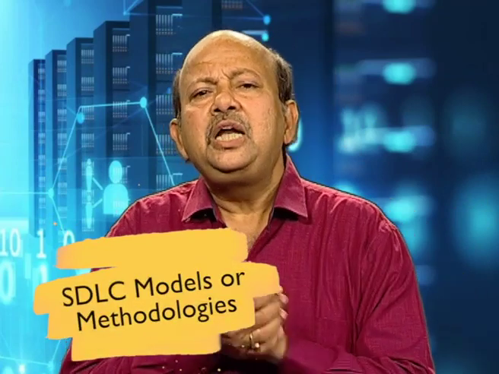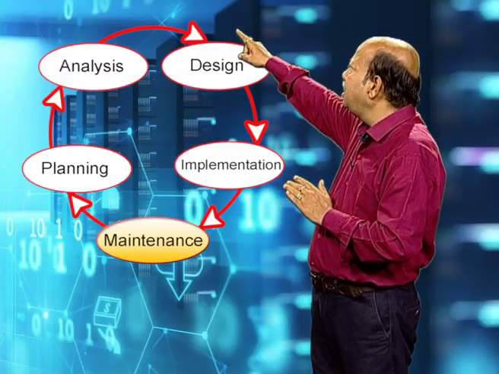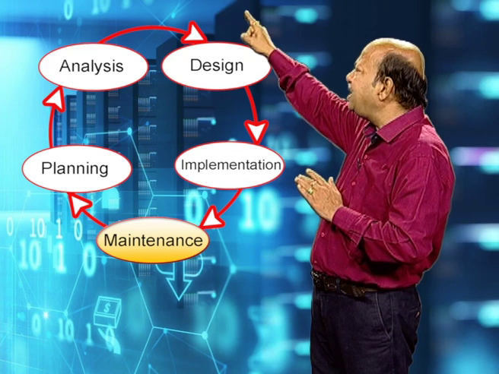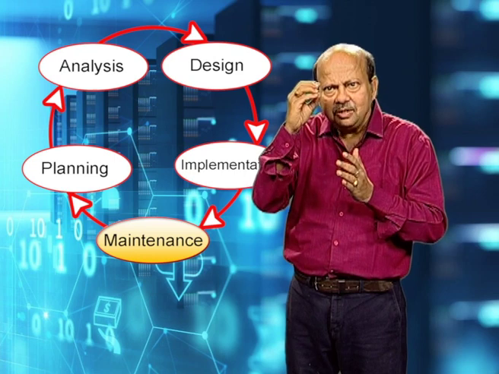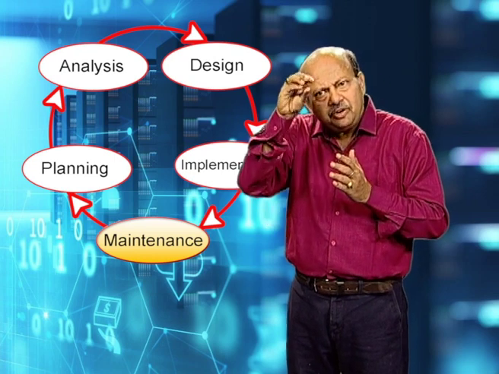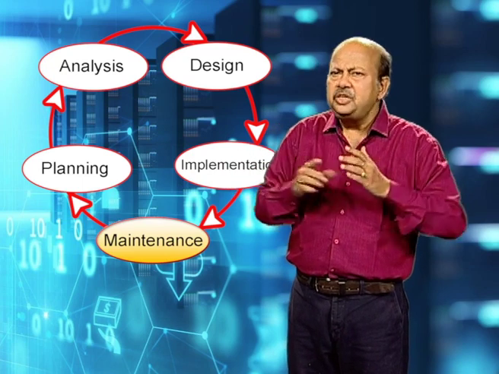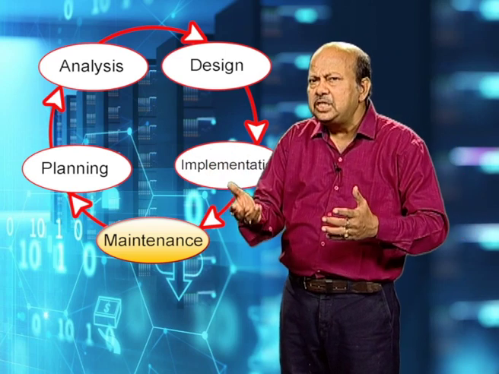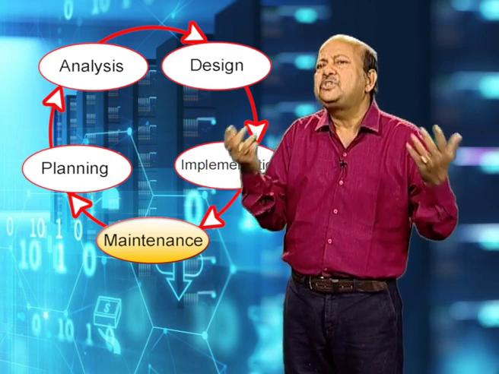Now, we will discuss different types of SDLC models or methodologies. There are many different SDLC models. The system development life cycle is a life cycle, but the life cycle varies in terms of sequence, the outcome of each stage, the components of each step, and how fast they move from one stage to another. The deliverables are different, the risk involved is different, how the risk is mitigated is different, and the steps involved are also different.